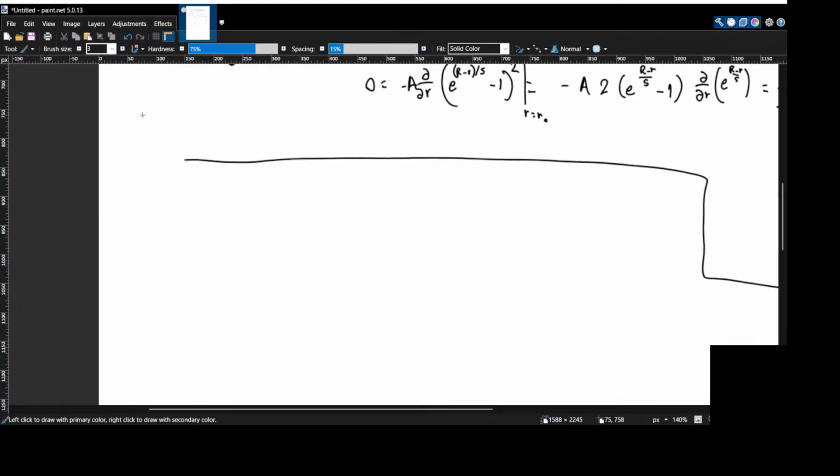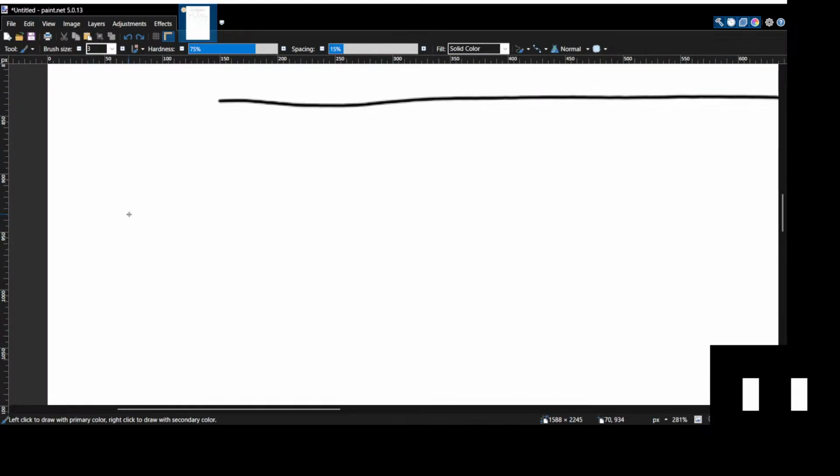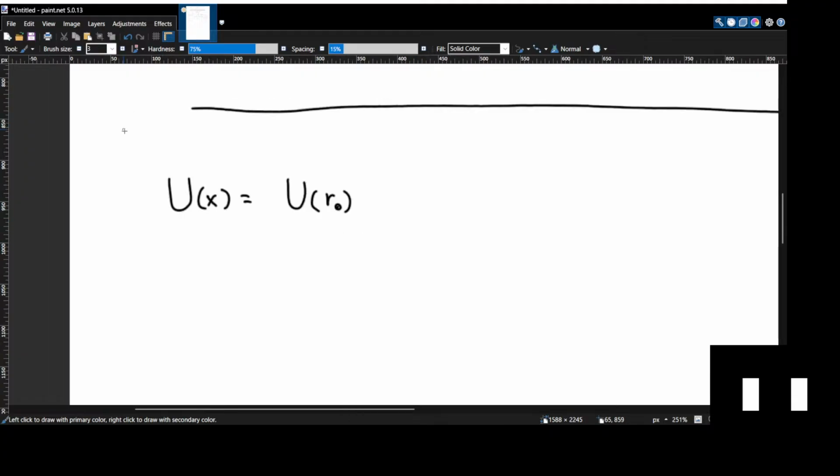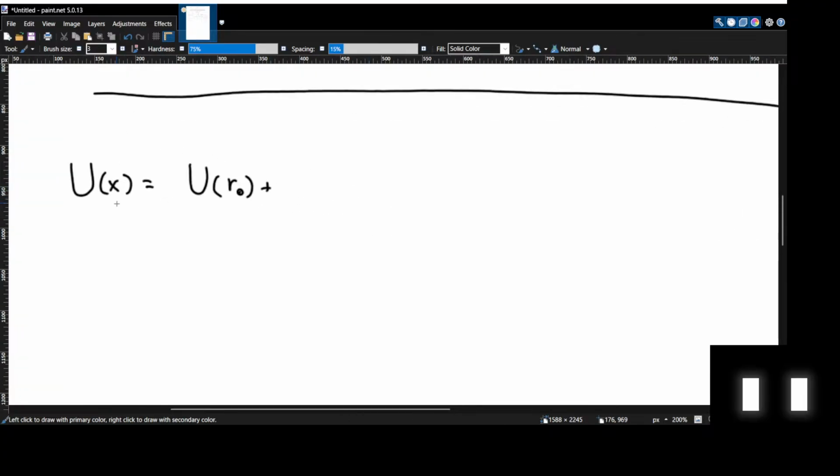let us expand the Taylor series around the point of equilibrium. So, u of x, according to Taylor series expansion, which you may have learned before, is going to be equal to the value of u at r naught. We are doing the Taylor expansion around the point r naught. So plus the Taylor series expansion,